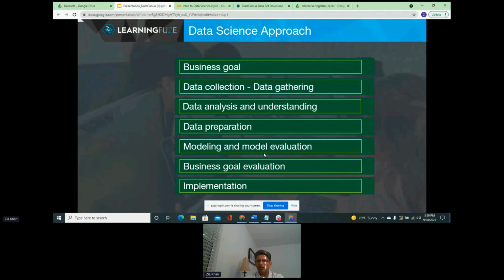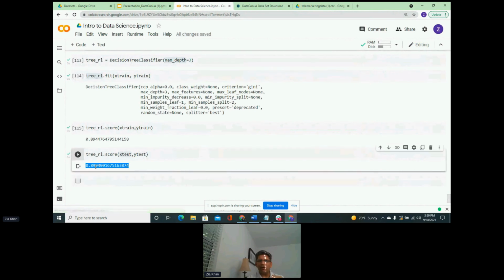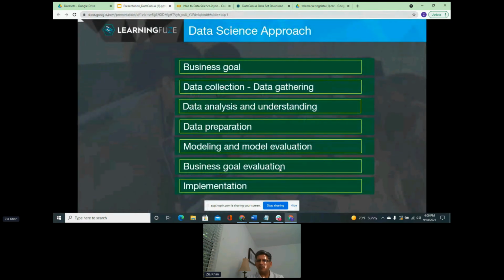Once we have done model evaluation and we feel like, okay, we have a decent model now, we actually go back to the business and say, okay, this is the model. And at that point, we evaluate it with the business goal. Is the business okay? If I go back to this here, we have an error of about 10%. So we are 90% accurate. So 90% of the times we'll be okay. 10% of the times we'll be wrong. Is the business okay? So we're going back to the business goal. Is the business okay with 10% wrong?